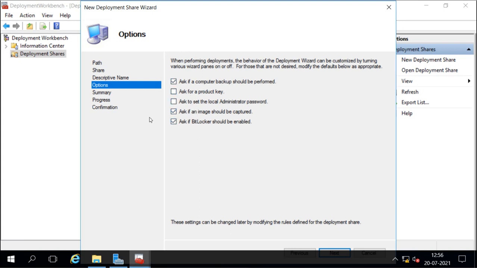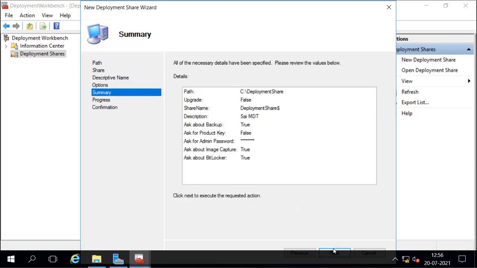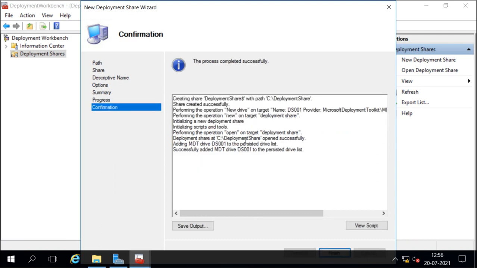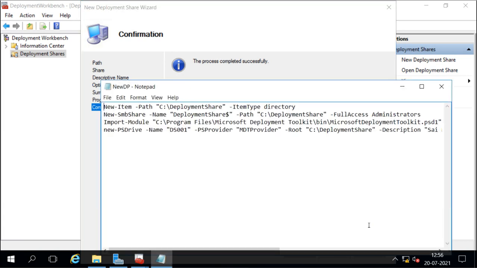Then I will go next. So this is the summary we have selected, and then next, and now it starts creating the deployment, and now it is already created. So the deployment share is created successfully with these options you can see, and you can also see the script. That means this is a PowerShell command, if you want to create it through PowerShell with the same options.